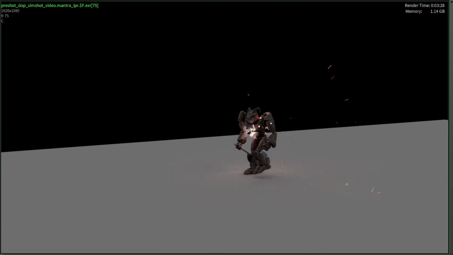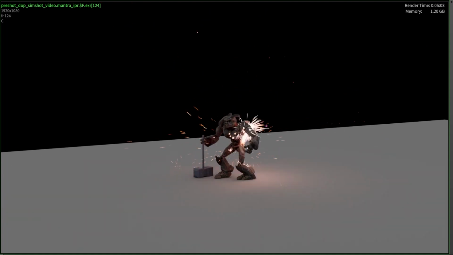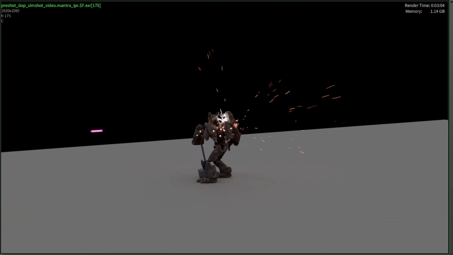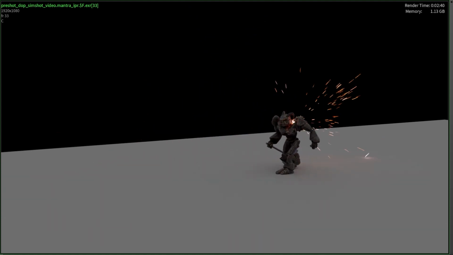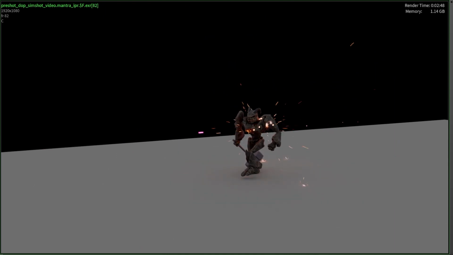This concludes the Simshot operation tutorial. I have listed the main application methods. I will tell you about some interesting features in the next video, if of course there will be an opportunity